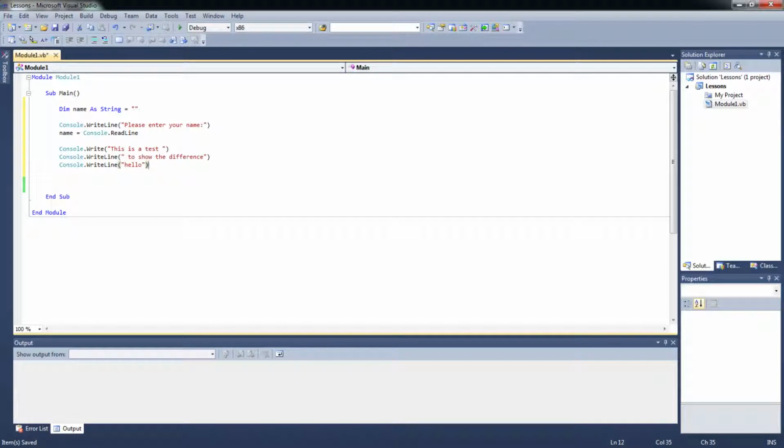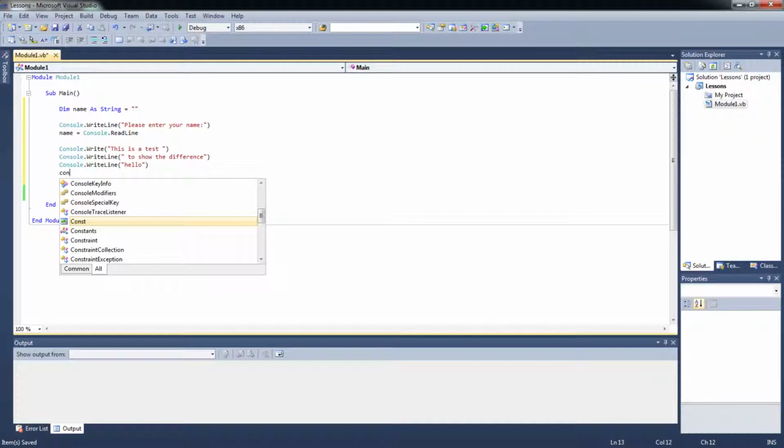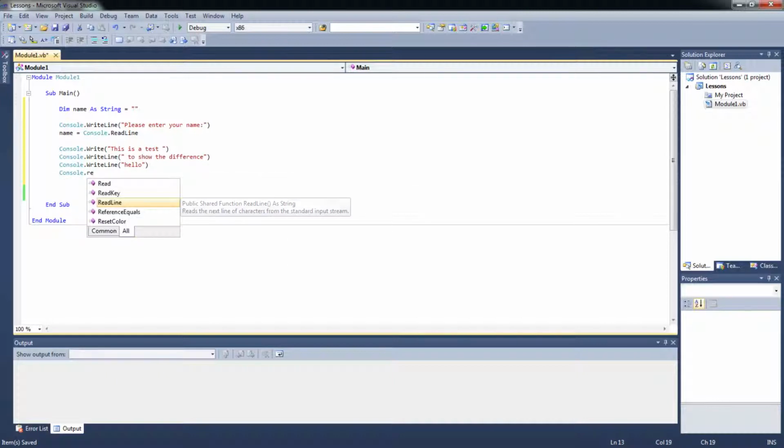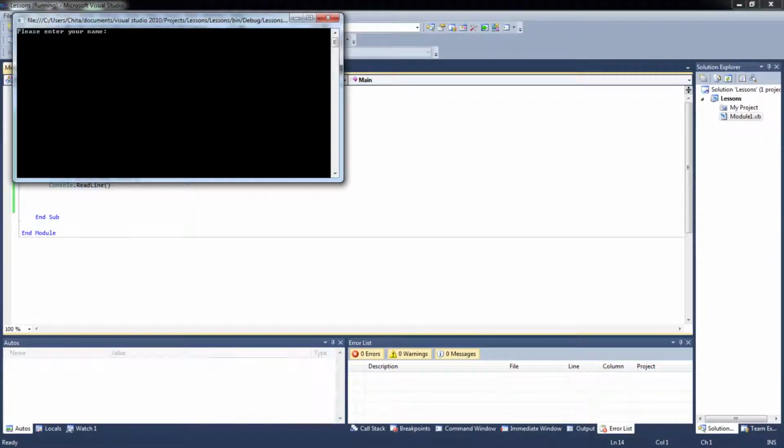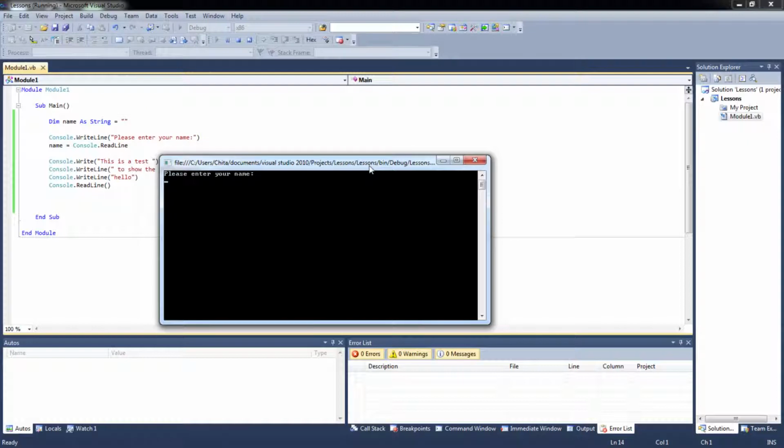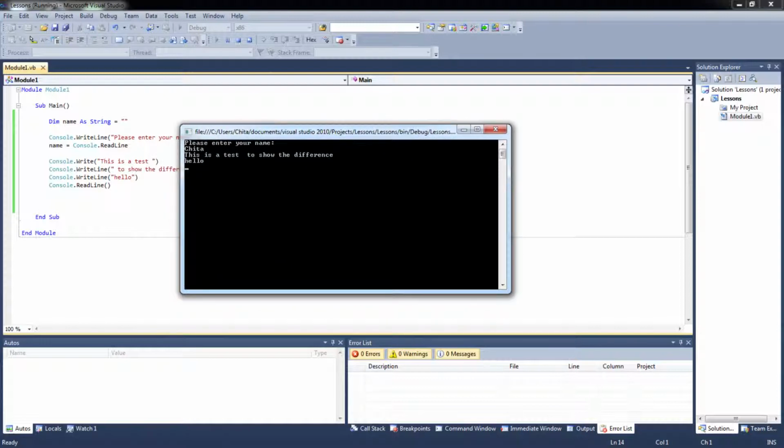I'm just going to run, oh, and we need to pause the program. So console.readLine, and we're going to pause the program. My name is Cheetah, so I'm just going to enter Cheetah, and then as you can see, we have, this